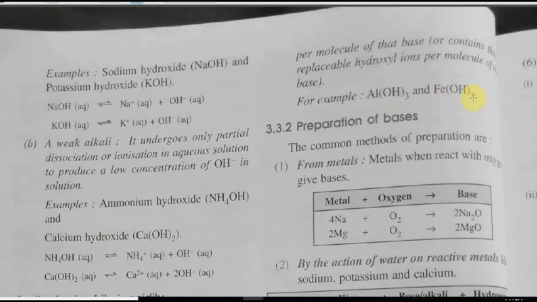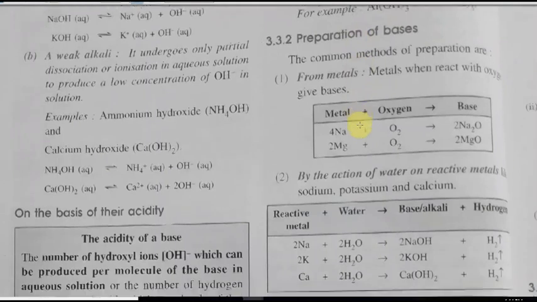These are very easy points, and if you remember the acid part, you can easily recall the base part. The base part is similar and opposite to the acid part. So now the next point, going to the preparation of a base. This is also similar to the acid part. Just reverse the preparation method of acid. Acid was prepared from non-metals, base is prepared from metals. Now this is a metal. If you burn the metal in oxygen, this basic oxide is formed, and if you dissolve this basic oxide in water, the base is actually formed.